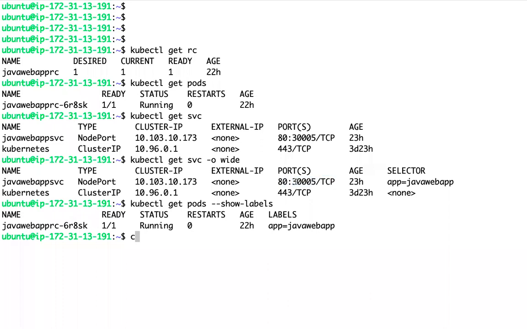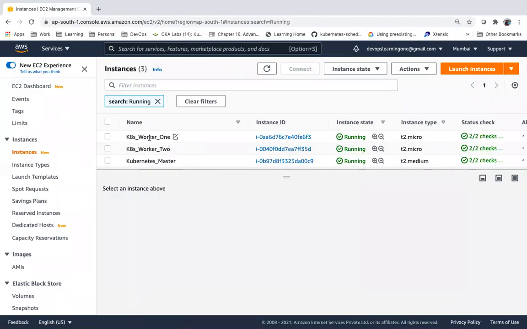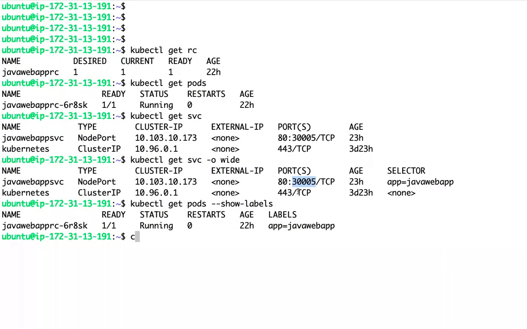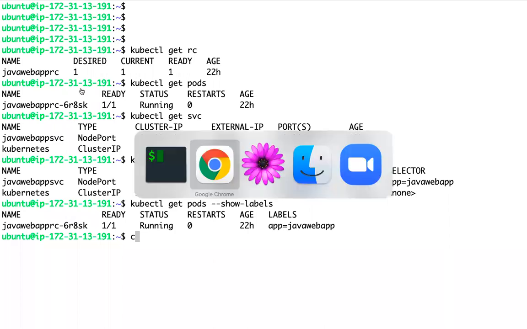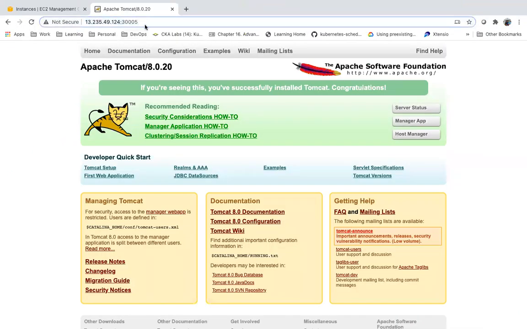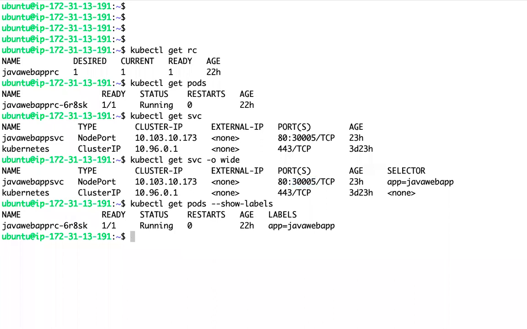For outside, we can access using the node port and node IP. The node IP is any IP within your cluster, either this one or this one or this one, with this port. We can access outside with this, and make sure you have opened the port in the AWS security group. And within the cluster, you can access using this service name.